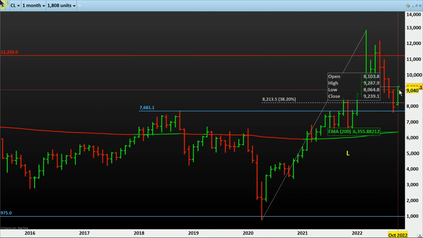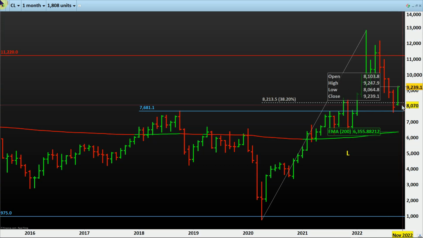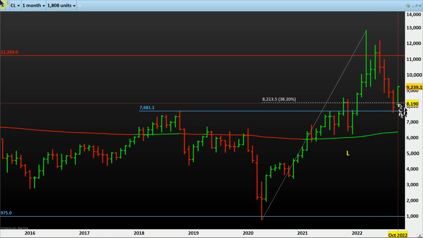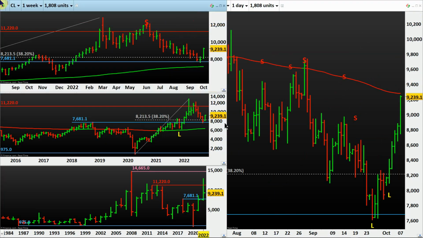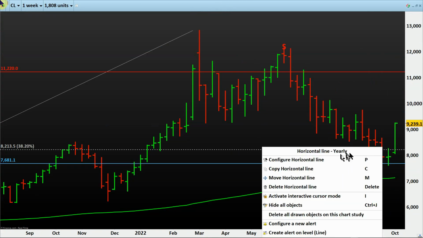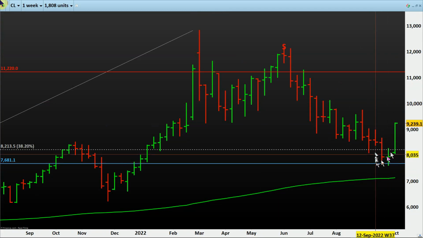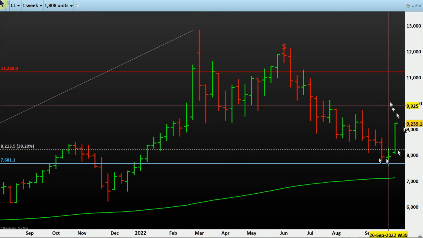This month is only 9 days old, so we have another 17 days. So my monthly is telling us that there is a possible crack and snapback happening. If you do not agree, let me know. Then the weekly is telling us the same thing. It is bouncing from a yearly support line, and also a crack and snapback on the monthly Fibonacci retracement. This is also a turning point from our proprietary understanding.